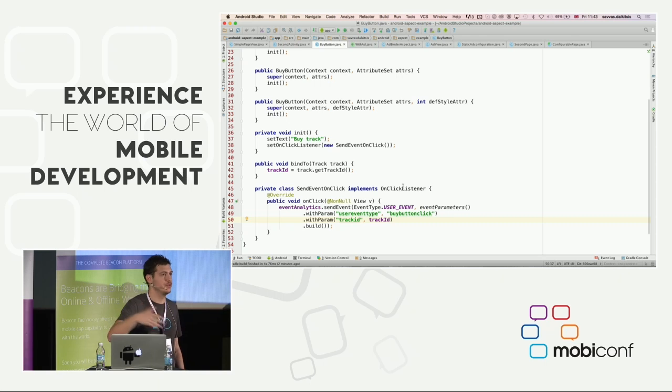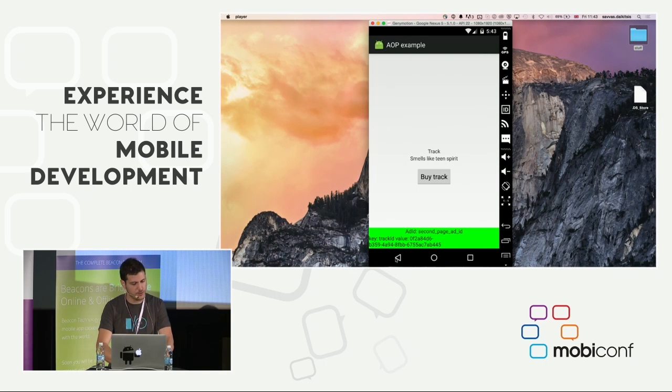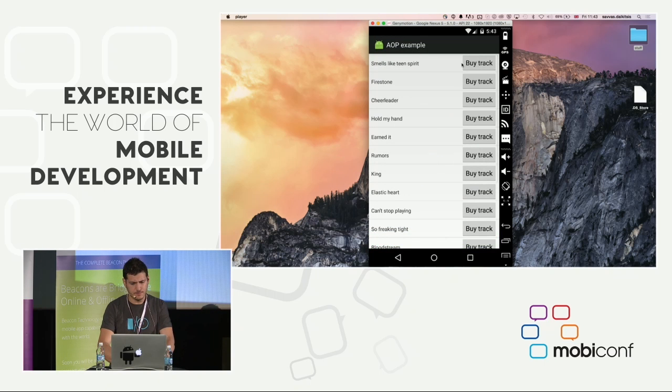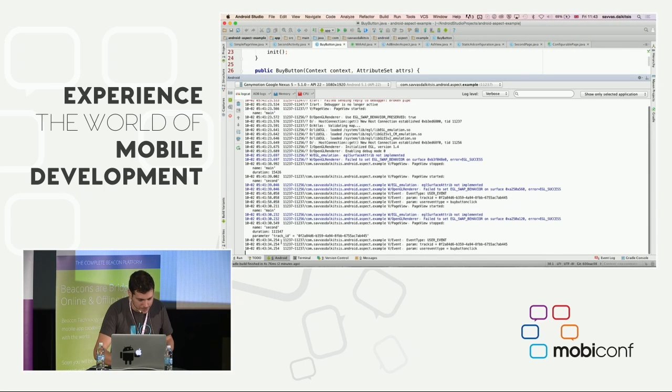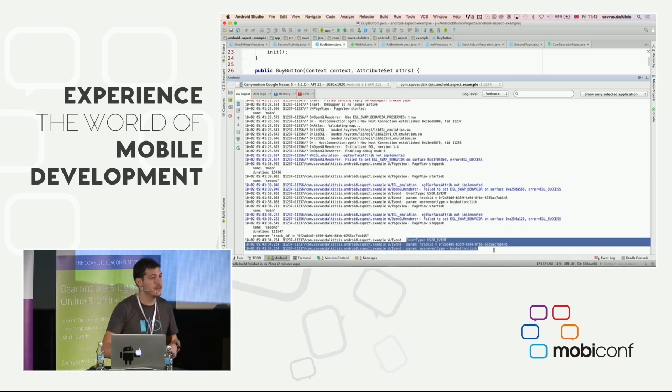And of course, apart from that, you would also launch the page to buy the track, but not in this example. So that's cool. That's very useful. But if you'll notice, I've bought the Smells Like Teen Spirit track. If I leave this screen and buy this track from this screen now, I click this button, you will see that the event logged here is exactly the same event. It has the same track ID, it has the same name, there's nothing to differentiate the two. Which might not be a problem for you,